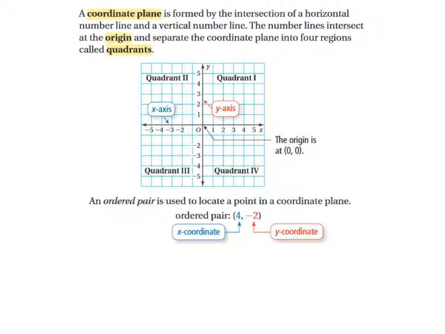The coordinate plane is formed by the intersection of a horizontal number line and a vertical number line. The number lines intersect at the origin and separate the coordinate plane into four regions called quadrants. It's going to be very important that you know how to label these quadrants. They start over here